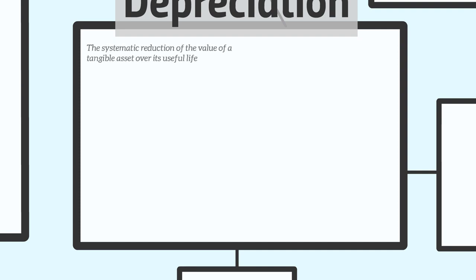So depreciation, another way of saying depreciation, is the systematic reduction of the value of a tangible asset over its useful life. Now that may seem simple enough, but an example should show you why it's important that we do